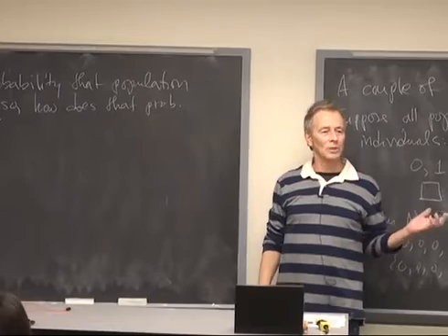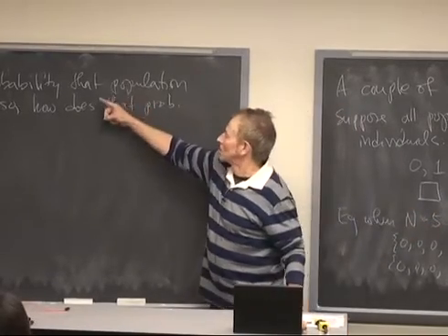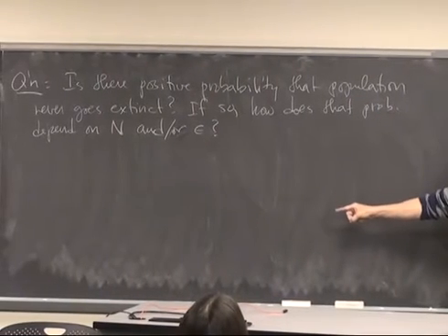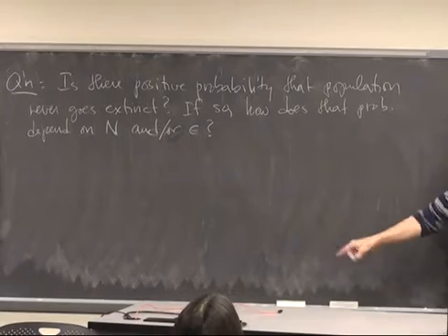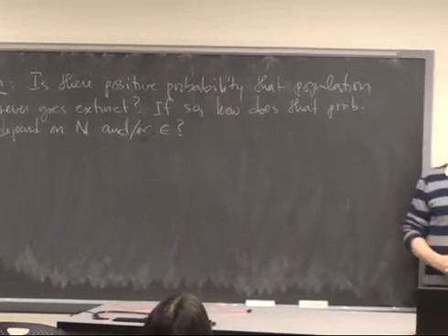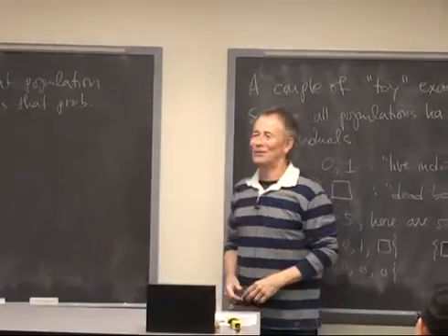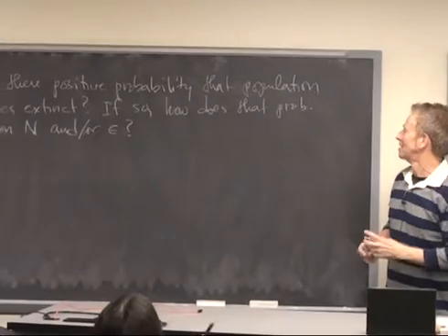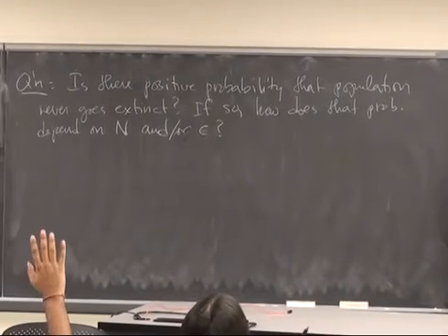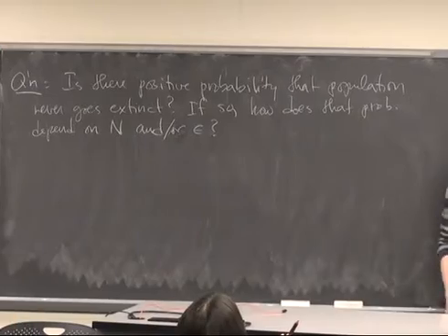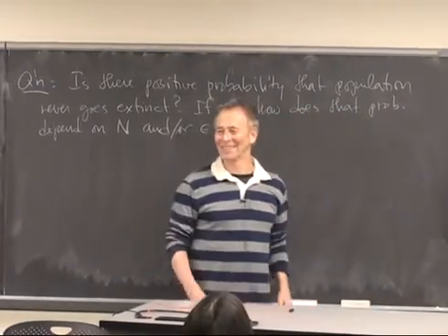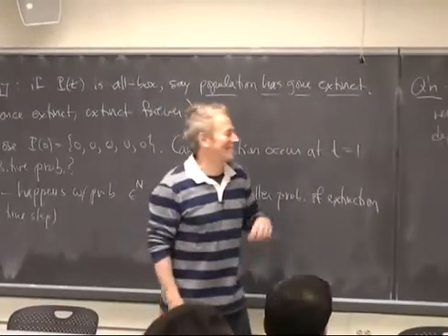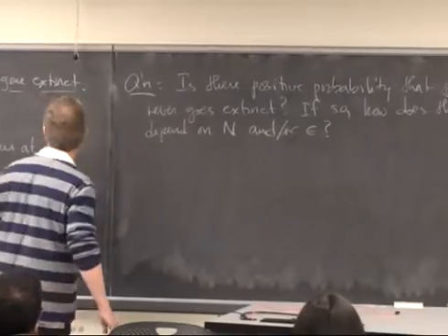Okay, so that's a really good question. So let me ask it again. First question, is there a positive probability that the population never goes extinct? How many people think that's true? Okay, Max and you and Trevor maybe. So the rest, how many people think that there is a 0 probability that the population never goes extinct? Okay, and some people abstained. Shane, what do you think? You'll say 0 because more people said 0? Okay, well let's see what happens.